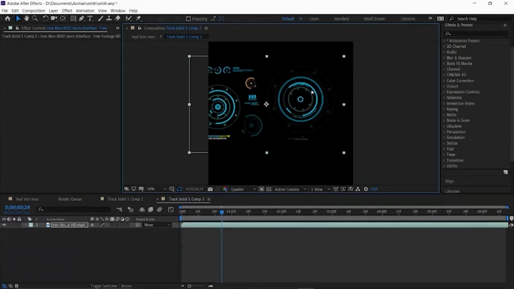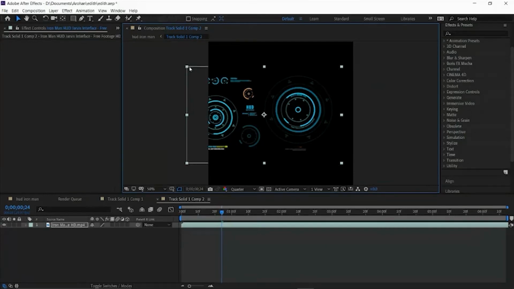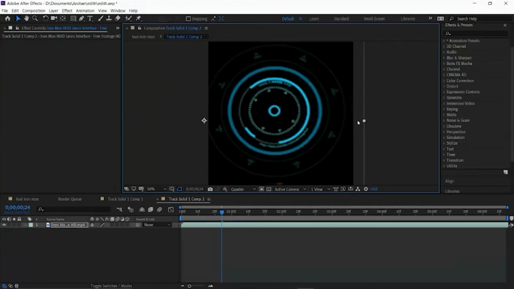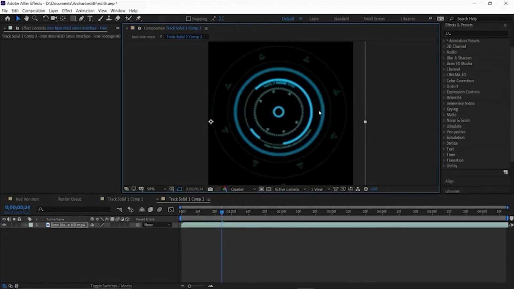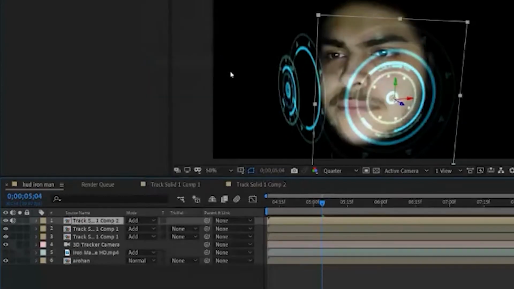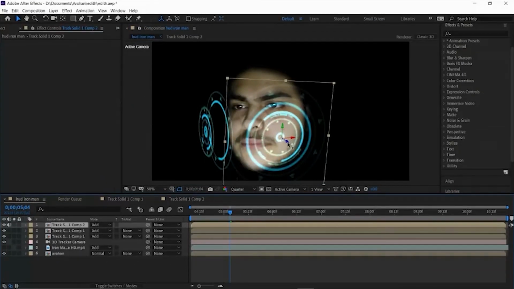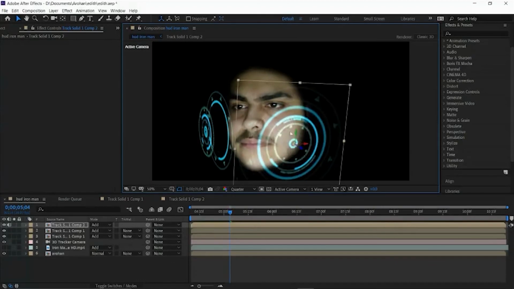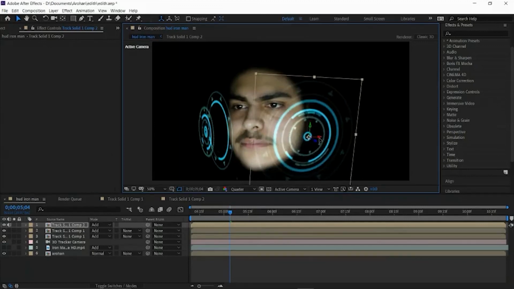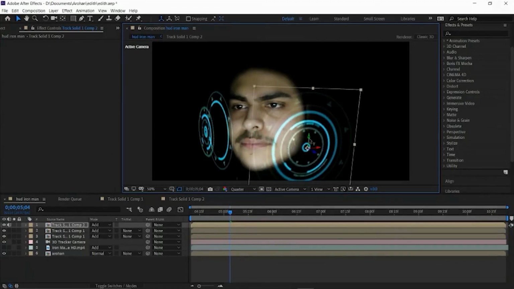and then you can select whatever part you want to show, and fit it accordingly using the scale properties, or if you know how to use the cursor settings, you can use that. Change the blending mode to add, and then boom, you have another layer added. You can see the arrows here, right? That allows you to move in the x and y directions. This way you can add many such objects, however many you want.